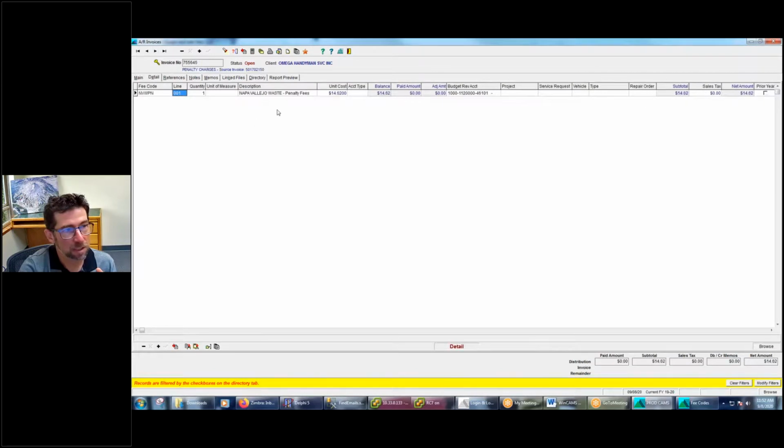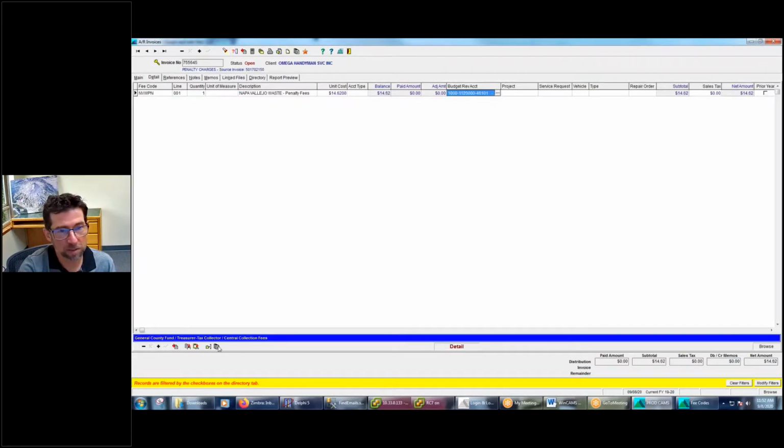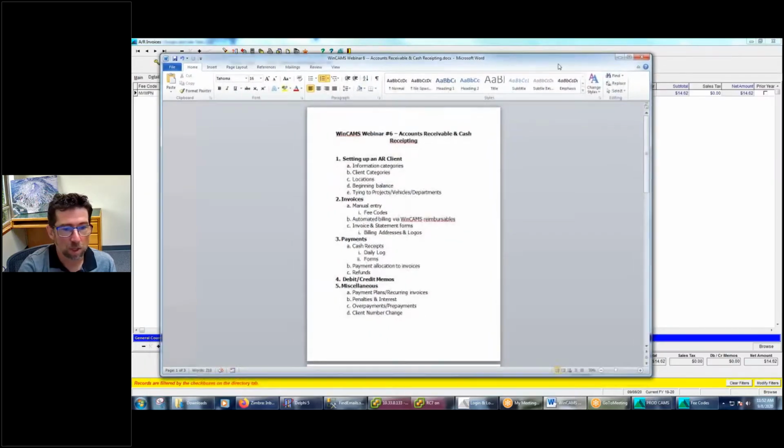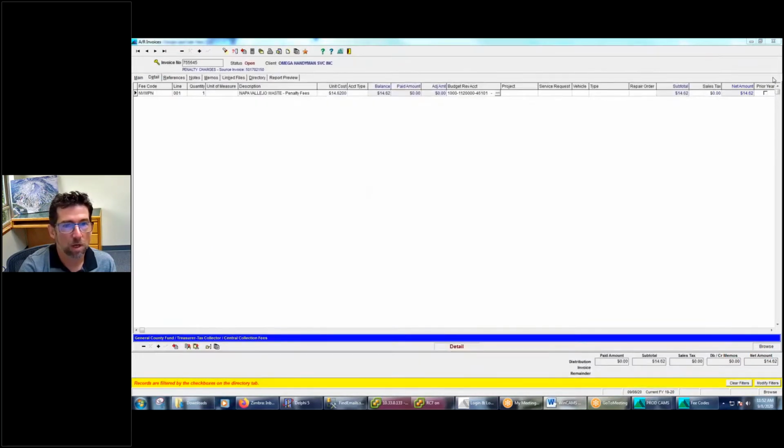And you can see here that we create penalty fees, unit cost 1462, and we bring it back to the central collection fees. Okay. So last two things I want to talk about are overpayments or prepayments and client number changes. Okay. So overpayments are